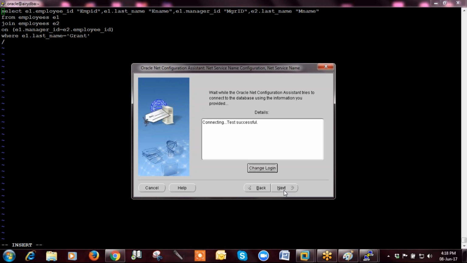And for this configuration, do I need to be on my office internet, or can I do it from my home as well? If you are able to ping your server from your home, then it will work. Got it.